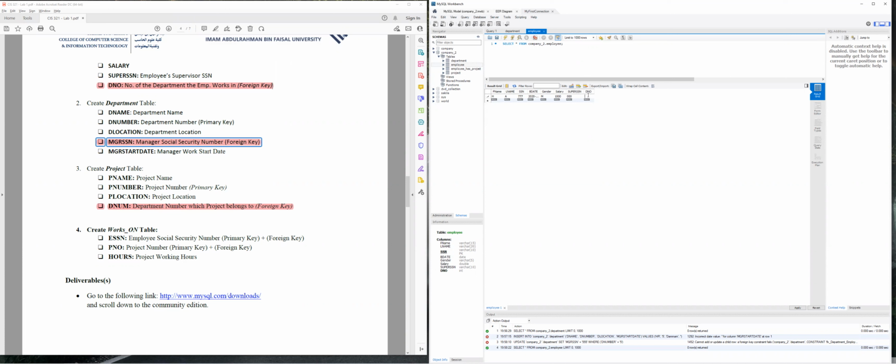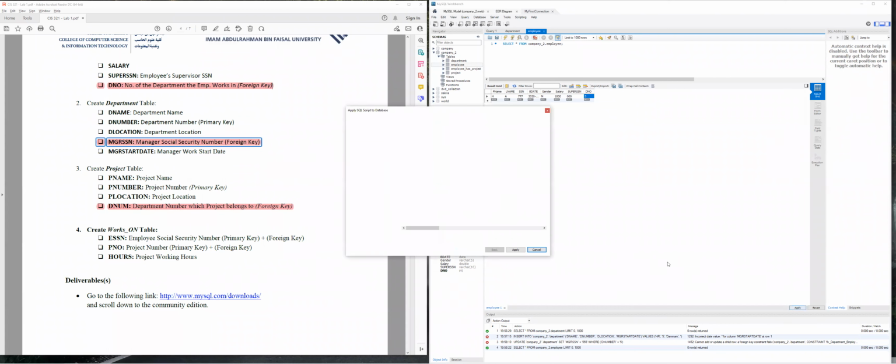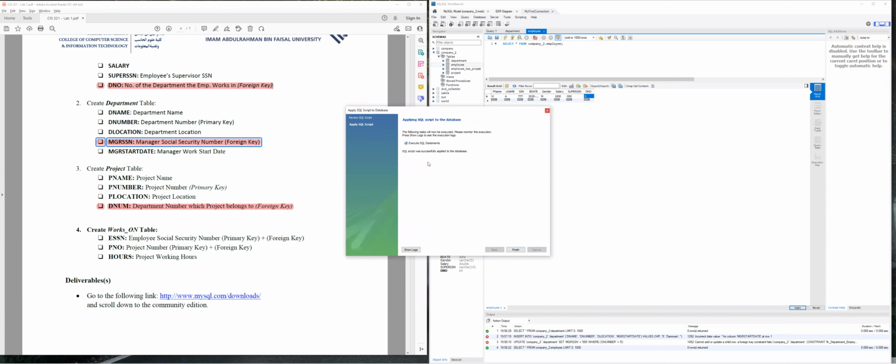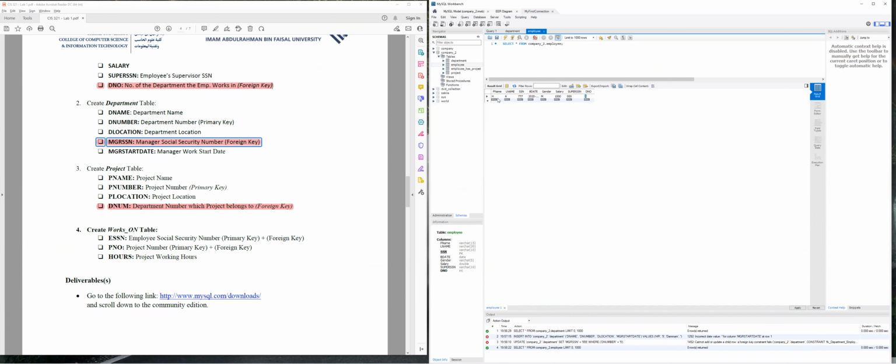It accepts null. So either I put 5 now because I have the HR department with department ID 5, or let it be empty. But now I'm assuming this employee is working under the HR department, so I'll put 5 and then apply, and it will be applied correctly. So it's added. If I go now to the department,